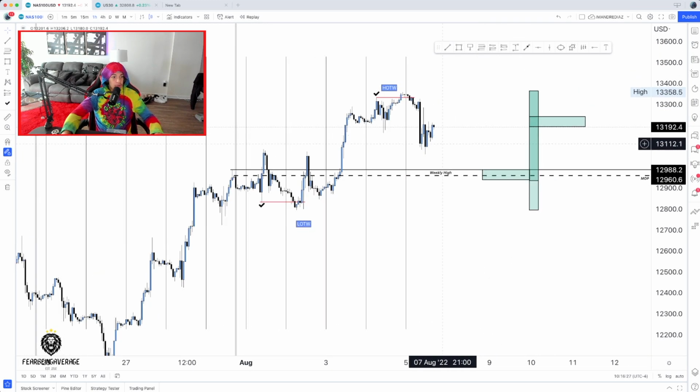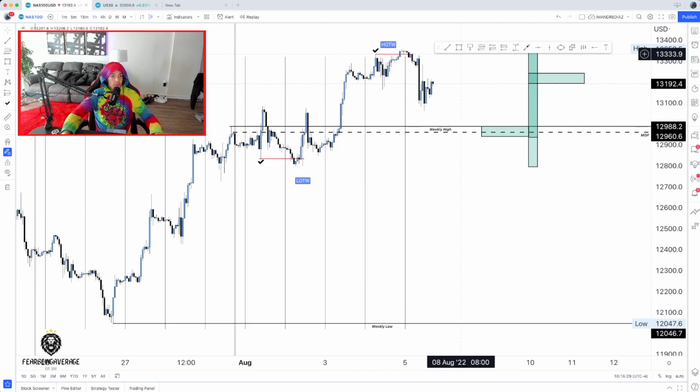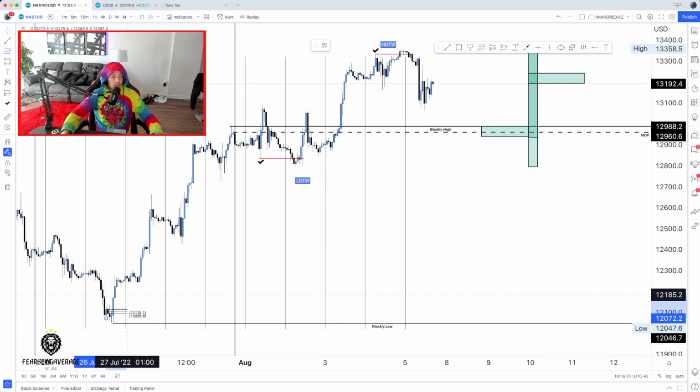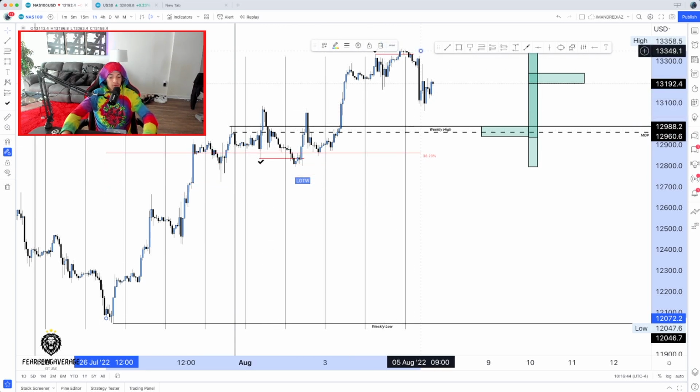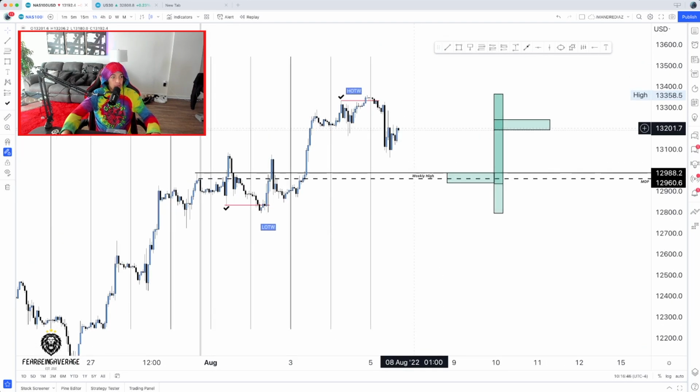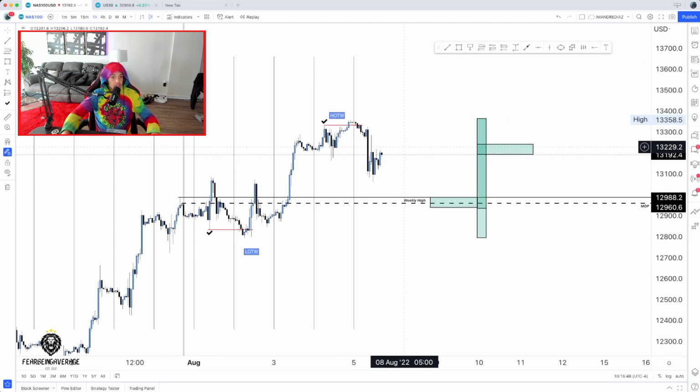Nothing crazy. We didn't have any major retests. If I were to pull a fib from last week's low to this high right here, before we ever had a retracement, we didn't even have a 30% retracement. If I were to pull it to here, no retracement. If I were to pull it up to here, we still haven't had a retracement, so I'm just not going to draw a fib on it. So for the most part, this was our weekly range. Nothing crazy, just a simple bullish week.